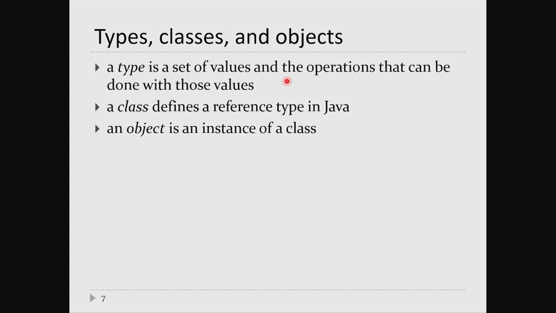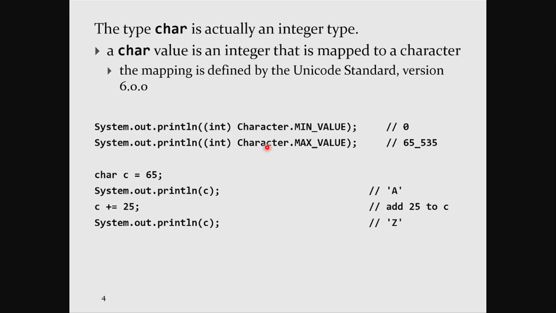So let's go back up to here. I told you int is a type, right? The number 1 is an int, so the number 1 is an instance of an int. When you talk about classes, you talk about objects, and objects are just instances of the class. So back on the first slide,